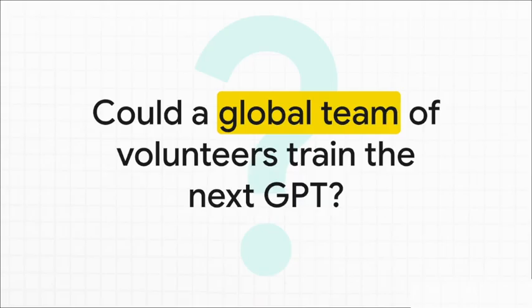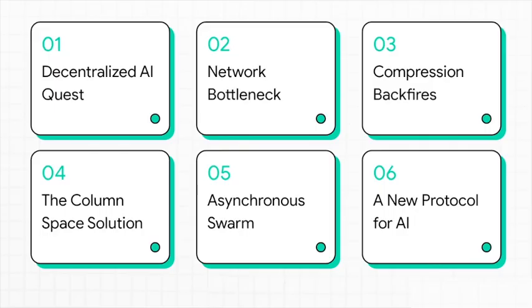What if we could build the next big AI model, not on a single expensive supercomputer, but by pooling together the resources of a global team of volunteers? Just regular people with their own computers and normal internet connections. Could that actually work? Well, to answer that, we're going to follow the journey of innovation here. We'll start with the quest itself, run smack into a huge technical challenge, kind of the dragon of the system, and then uncover the breakthroughs that might just change everything.